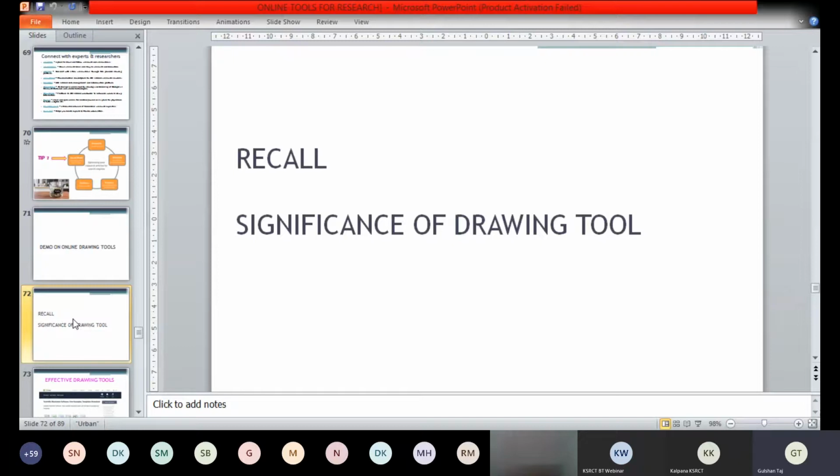Today's session is entirely about drawing tools. There may be a question: why is the topic drawing, especially drawing tools? Ultimately, each and every research project should end up with some graphical or pictorial representation. For CSE people, if they have thousands of data, whether they use IoT or whatever, they have to represent their data or show their results in the form of two things: one is tables and another is graphs or pictures.